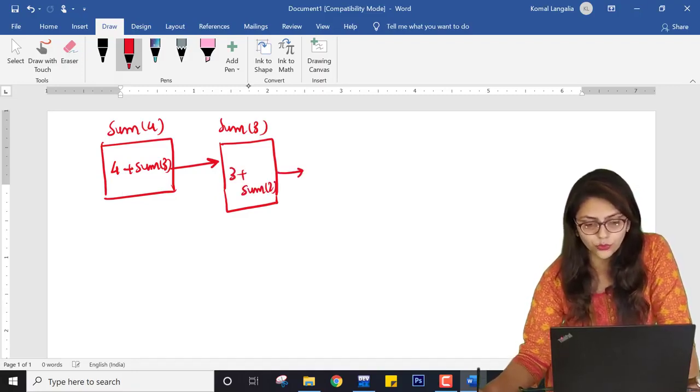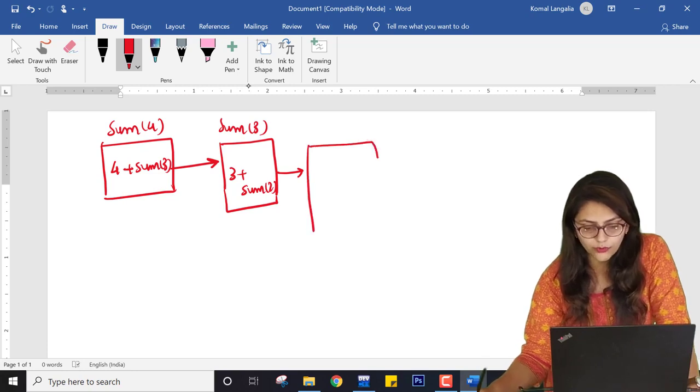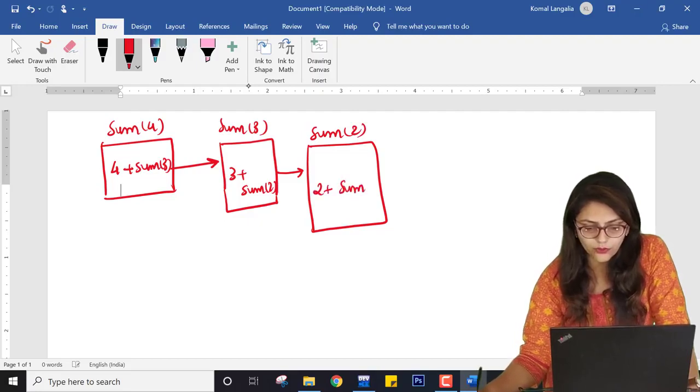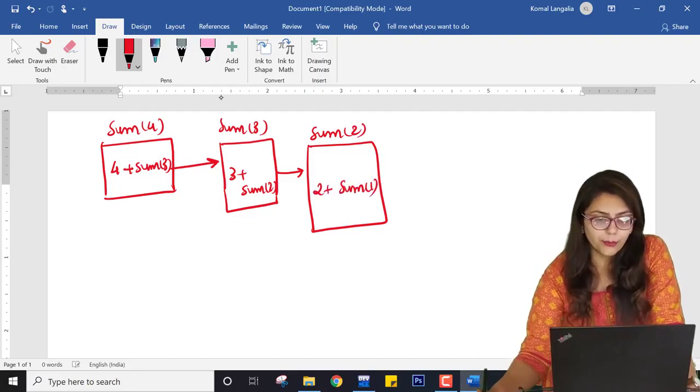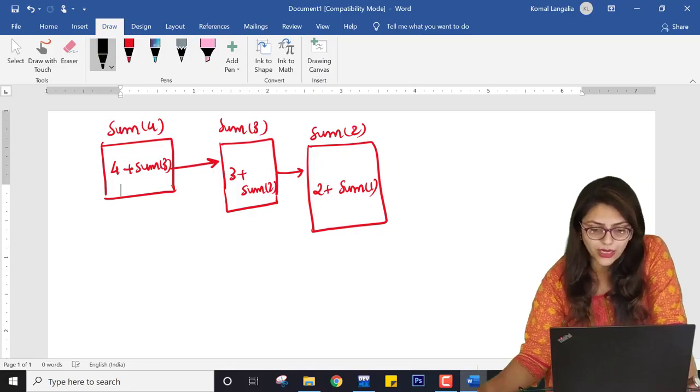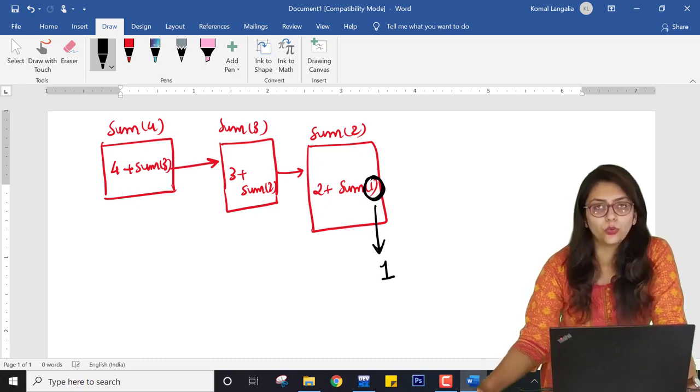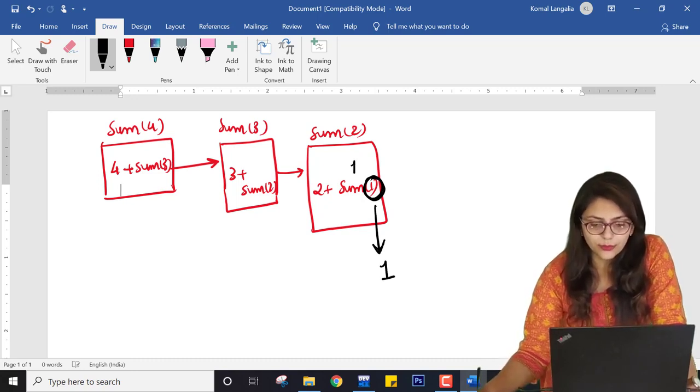Here the sum of 2 will be called, so the sum of 2 is 2 plus sum of 1. When my compiler sees there is 1 over here, it will just return the answer 1.